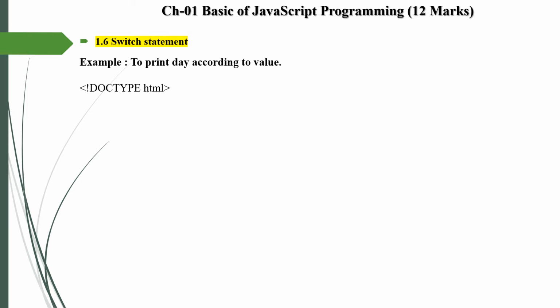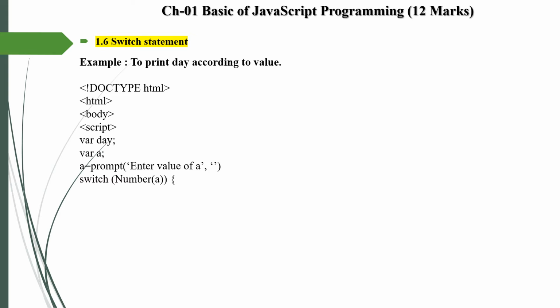Then the code for this, first we define the doc type HTML code, then we define body tag, then define script tag. Inside script tag we create one variable day, then we create another variable a. Okay, so two variable are created, day and a. Then we take the value from keyboard or from user. To take a value from keyboard we use the prompt method, and we define one string, enter value of a.